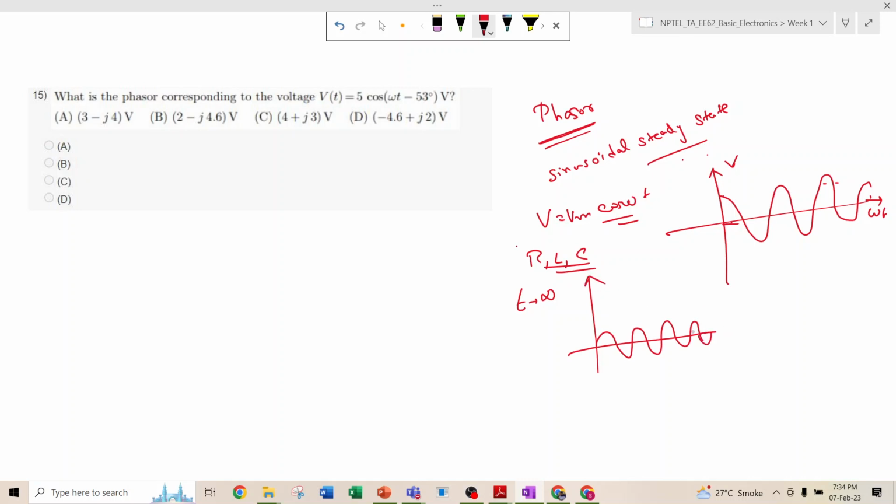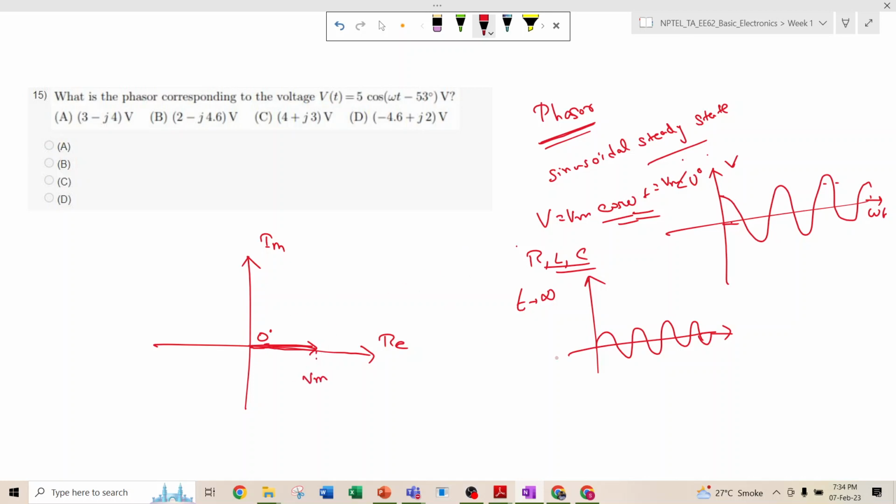So that can be phase shifted or not phase shifted. Phase shifted means, this is cos omega t, so there it is not shifted. But V equal to Vm cos omega t, in the phasor form, if you can see, this is the real part and this is the imaginary part. So Vm cos omega t can be represented as this point. So its angle is 0 degree. Here it can be represented as Vm angle of 0 degree, and this magnitude is nothing but the Vm.